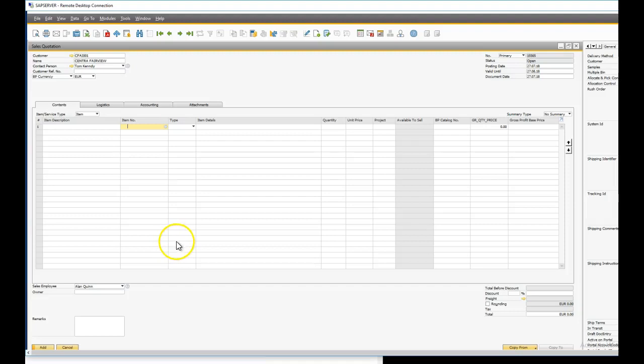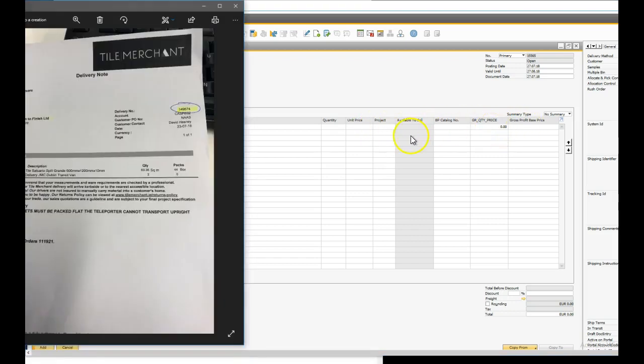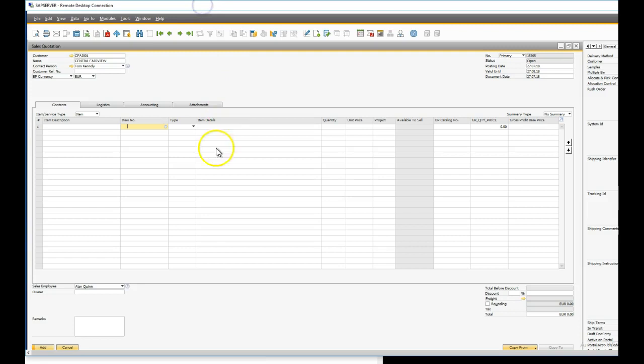Hi Rob, this is just to show you what I've come up with so far on the quotations. So we're looking at a quotation within SAP. The sequence that I believe we're going to need the fields are this. We're going to need the item description, item number, type, item details, quantity, unit price, project, and whatever fields you need after that. So within the Excel file,